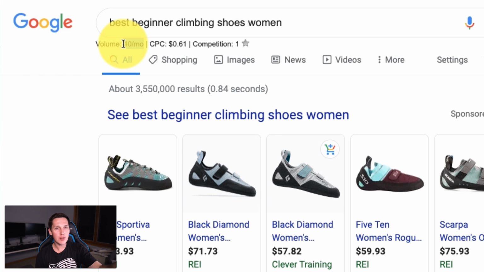And now these 40 people that are coming to our website every single month, we'll probably only capture a portion of them, obviously, because not everyone's gonna click on our website, but for the ones that do, we're gonna solve their problem, and we're gonna know exactly what to do to solve the problem by showing them what they're searching for, and they're gonna probably buy from our affiliate link, and we're gonna get paid. This is how you want to pick out affiliate marketing keywords. These are examples of good keywords versus bad keywords. And this should help you now map it out. What I recommend you do is you map out all of this data on a spreadsheet and pick out your best keywords and just start working on creating blog posts for them on your affiliate marketing website.